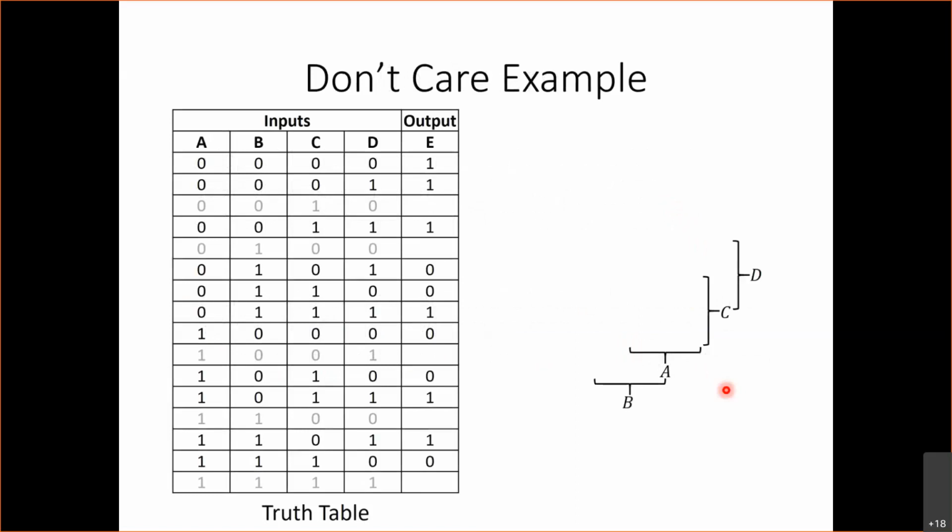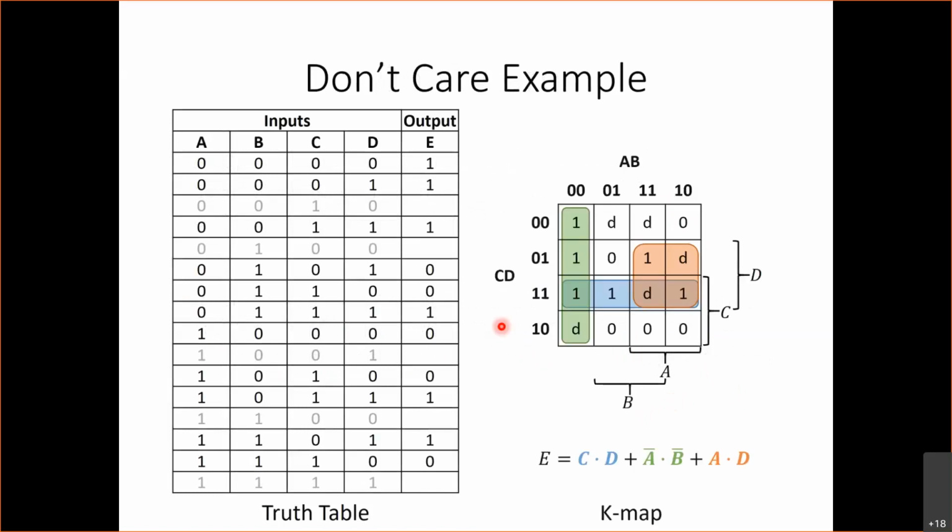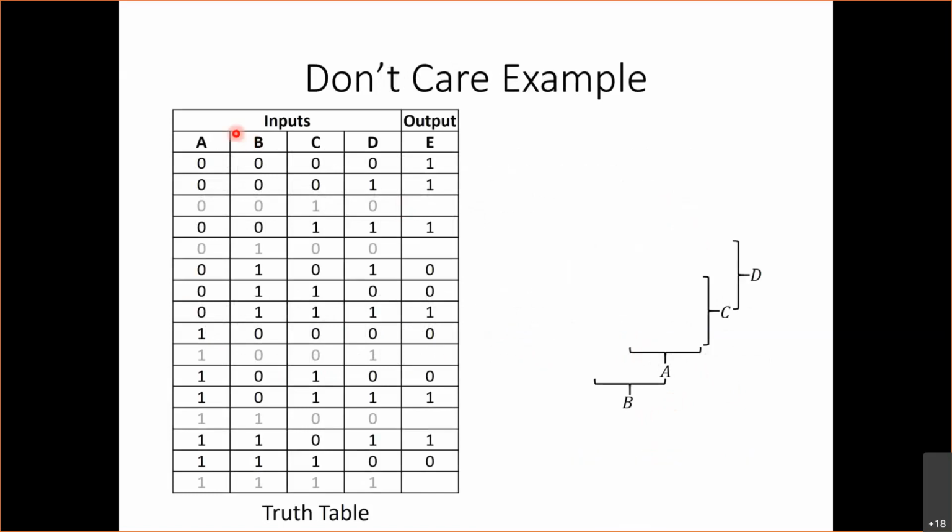I come back over here. We have this truth table over here, and this truth table has these ones and zeros, but it also has these empty cells because we have certain input combinations that we know will never occur. Okay,